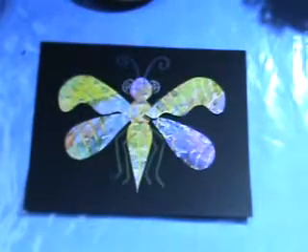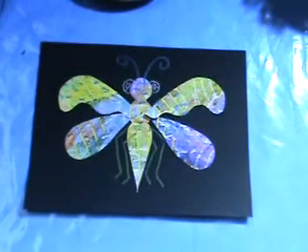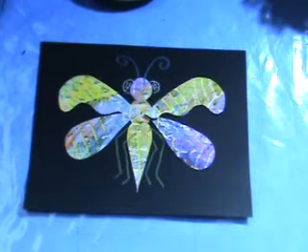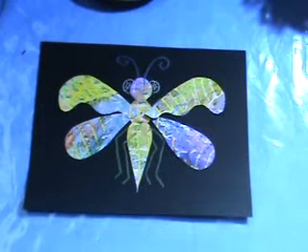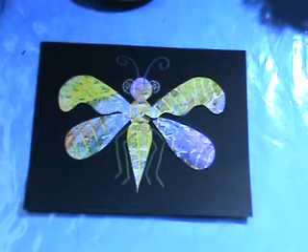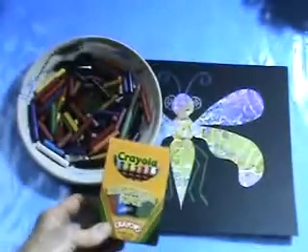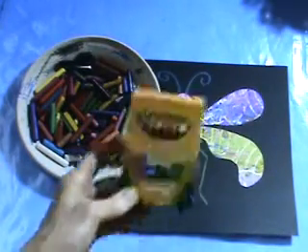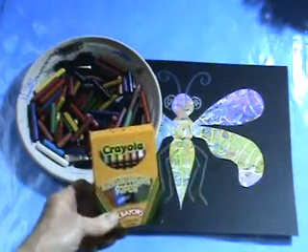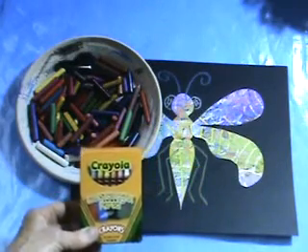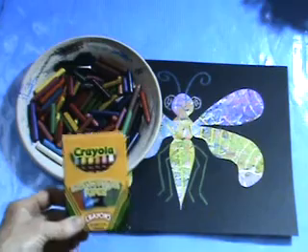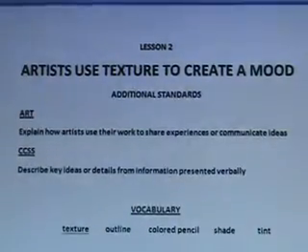Now we review the vocabulary, especially crayon resist and crayon rubbing, and find out if everybody understands what we did and what our media were, and we're ready to move on. As soon as I let you know that the crayons I use on this project are construction paper crayons, if you can get some, they really, really show up on black construction paper. Our second lesson is artists use